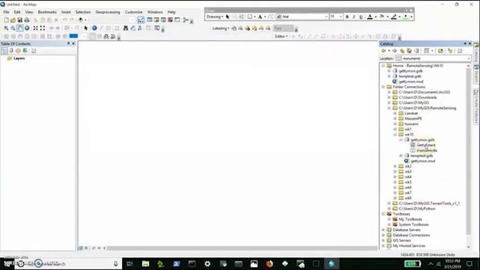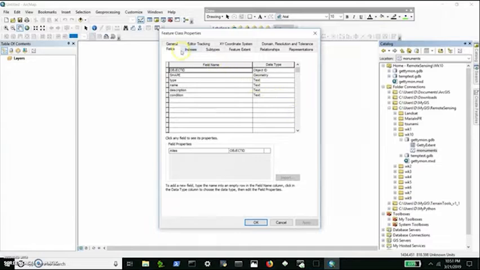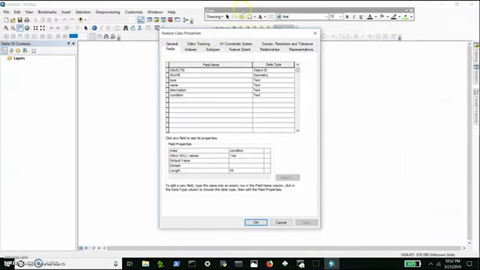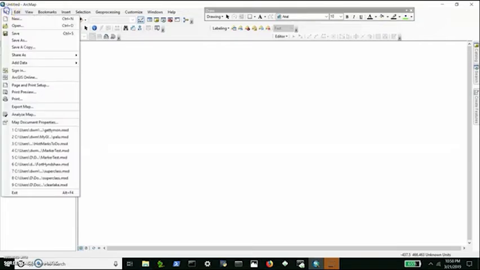Go to our catalog, find our feature class, right click, properties, the fields tab, and here's the field that we want to apply the domain to. Click beside domain, drop down, and there's our domain named condition, same name as our field. Click OK. I'm going to reopen my map now